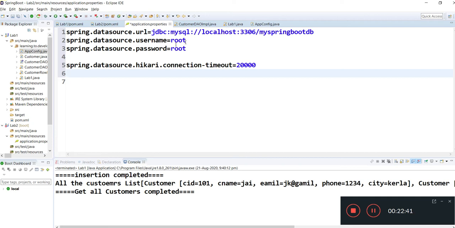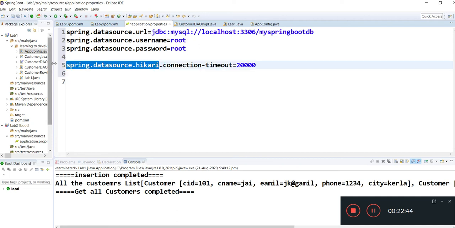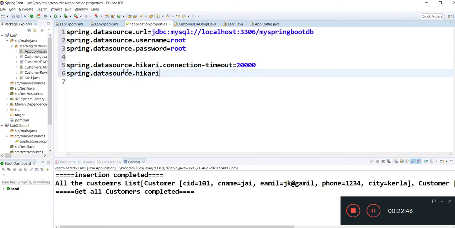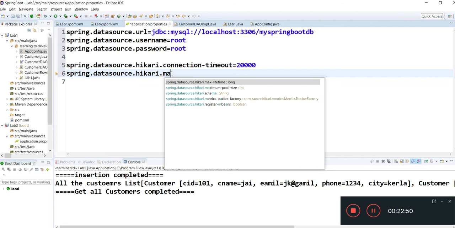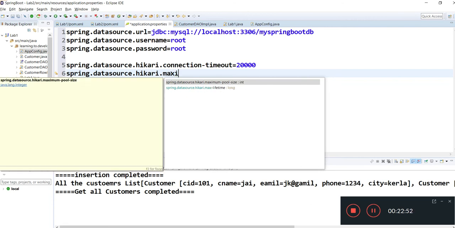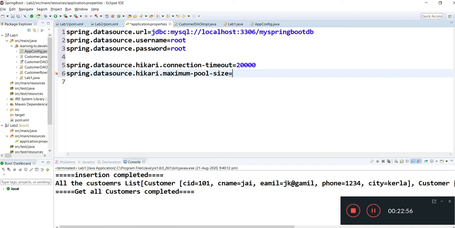The second property is hikari.maximum-pool-size, and here we are giving it as 5.